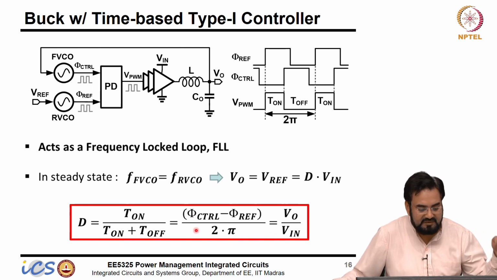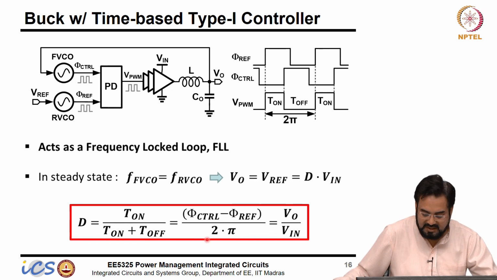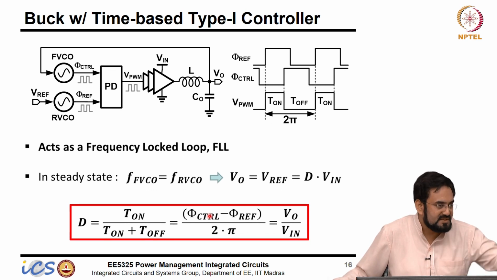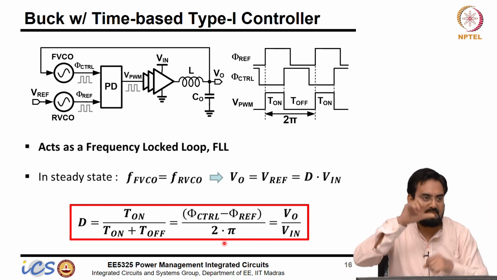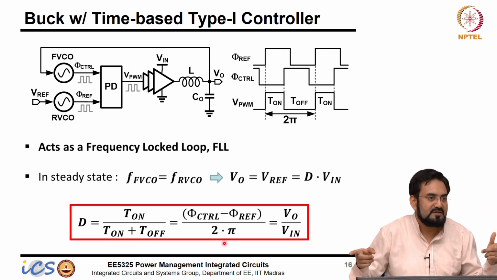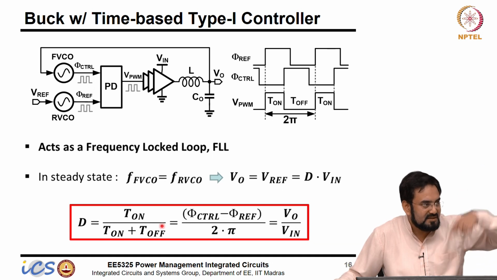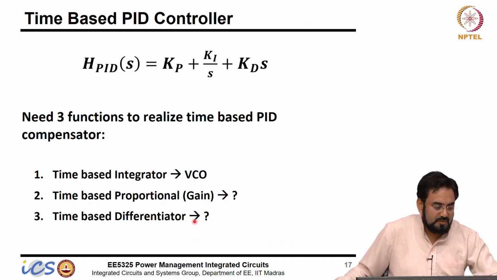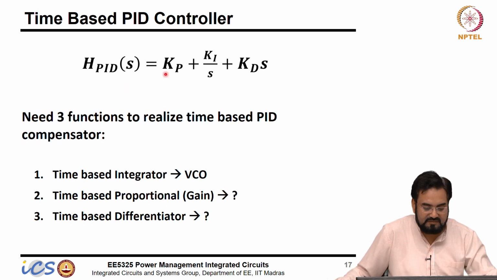And if you have a voltage controller or analog controller, your duty cycle is Vcontrol over Vm, correct. So you can assume here that phi control minus phi ref is nothing but the phase representation of your Vcontrol in the phase domain, and 2 pi represents the amplitude of your Vm. Here the amplitude of the phase is 2 pi actually. So everything is now in the x direction rather than the y direction. So type 1 is easy, we only need VCOs, but now if I want to do PID, then for PID we need both proportional and derivative.